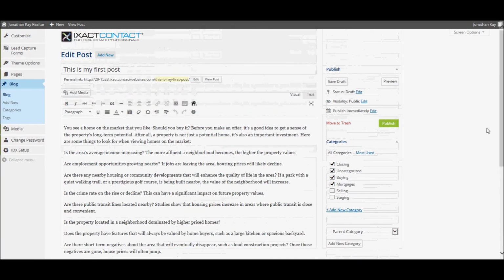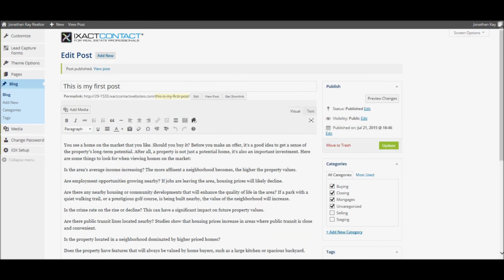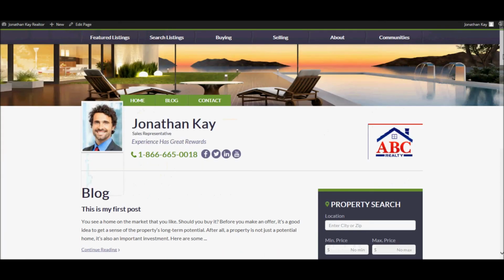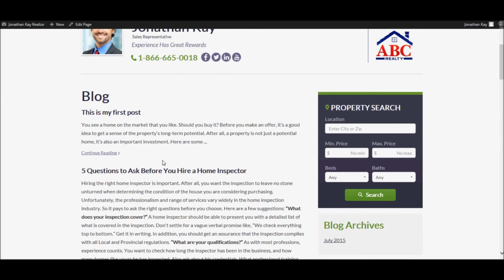Once you are ready to publish your post, click the Publish button and the post is added to my website. And there's my post. Now I don't see the featured image here because I'm also including the preloaded posts that